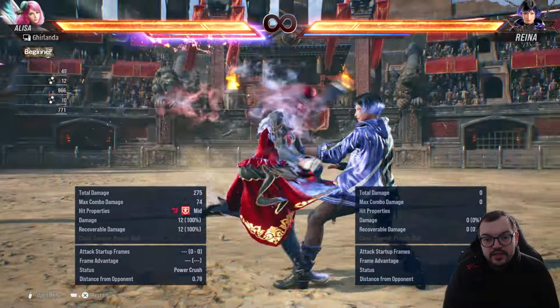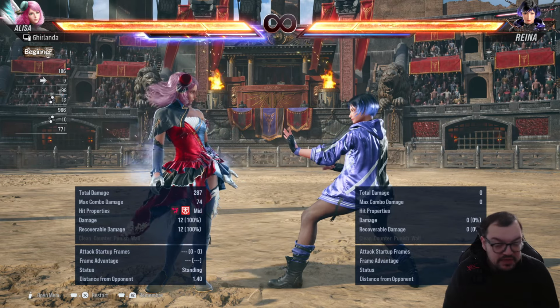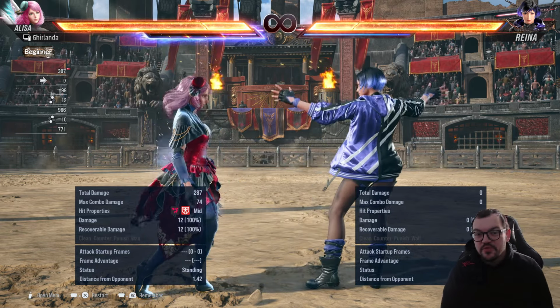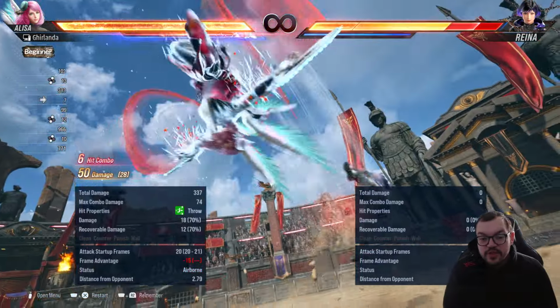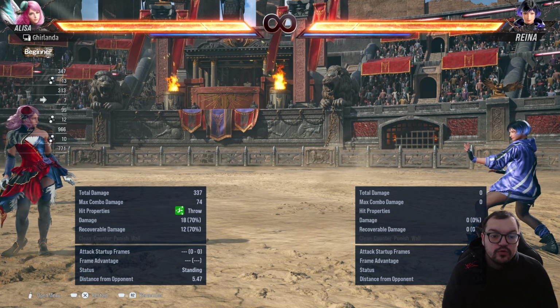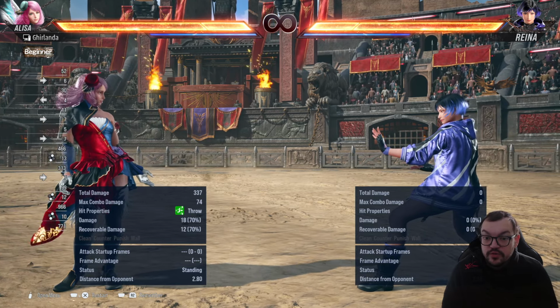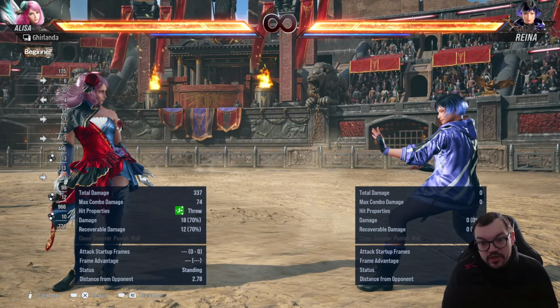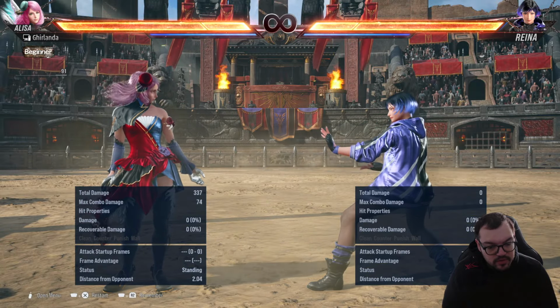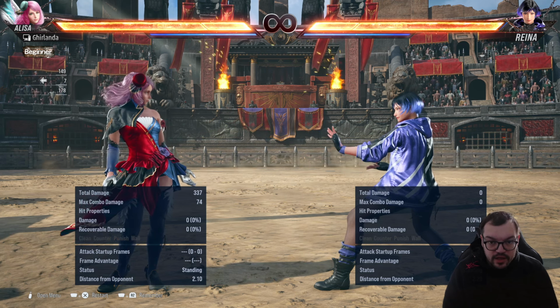Yeah, and as I said, it's a very powerful move normally. Alisa's one is not that good, but in general it's a good move. It does good damage, and sometimes there are more properties. Some do floor breaks, like Shaheen does floor break. Reina has one Heat Smash that does floor break. I'm not sure about the mid one, but the low one does floor break. The majority of them are mid, and they are plus